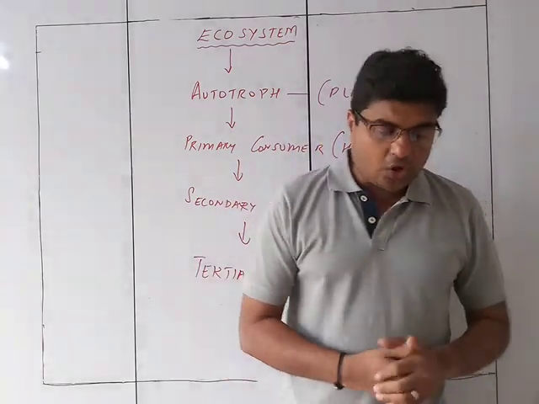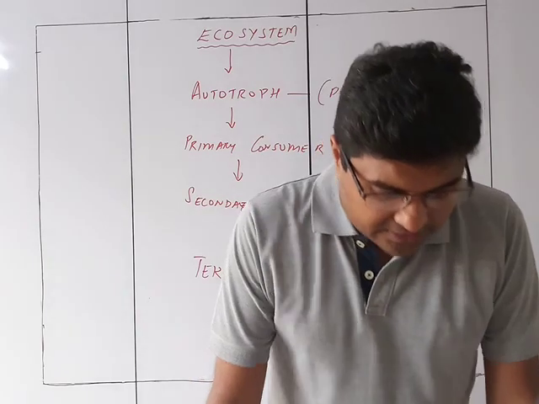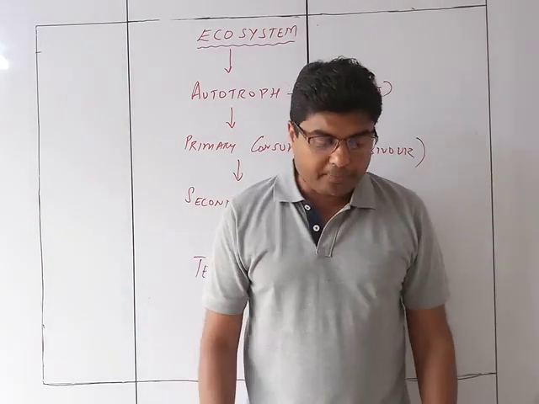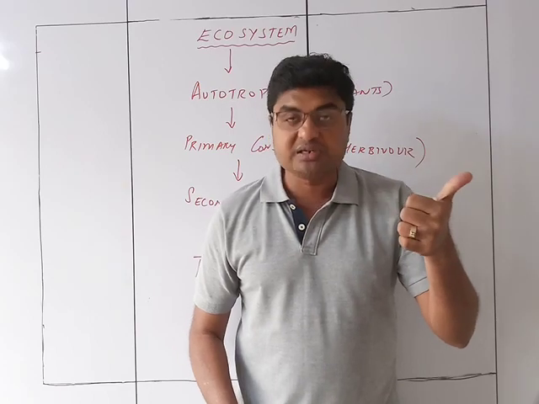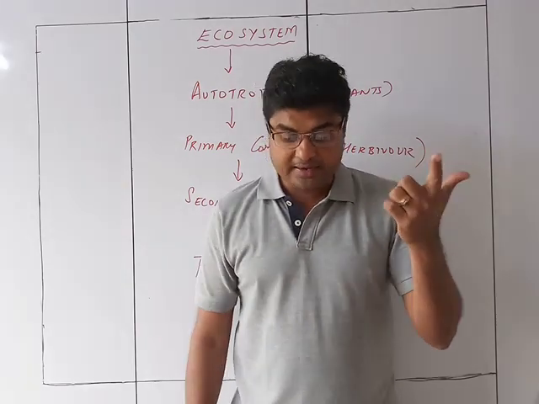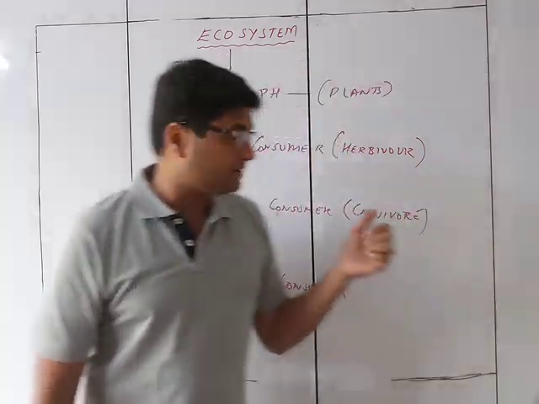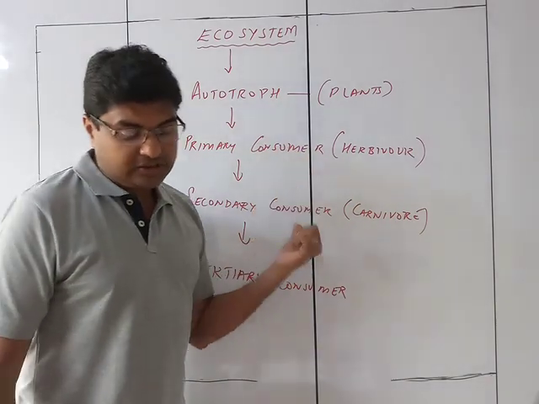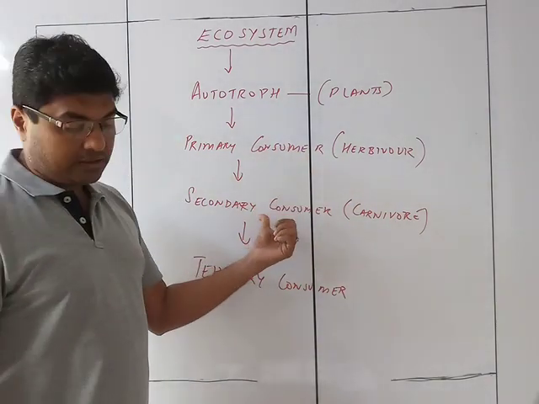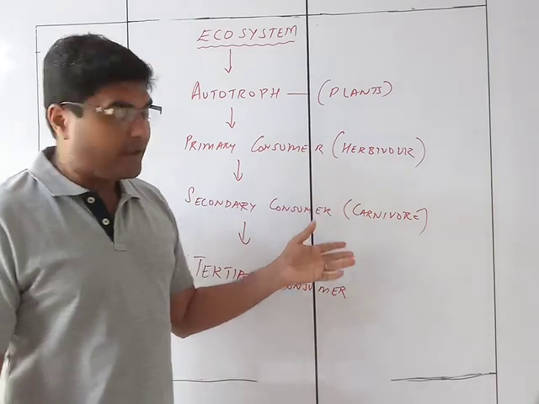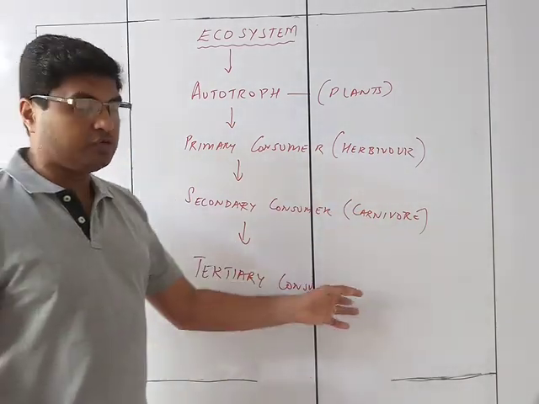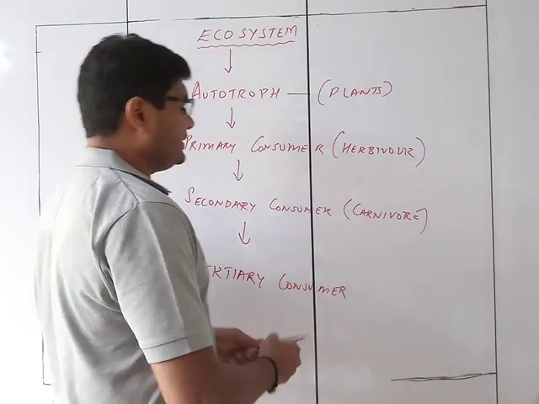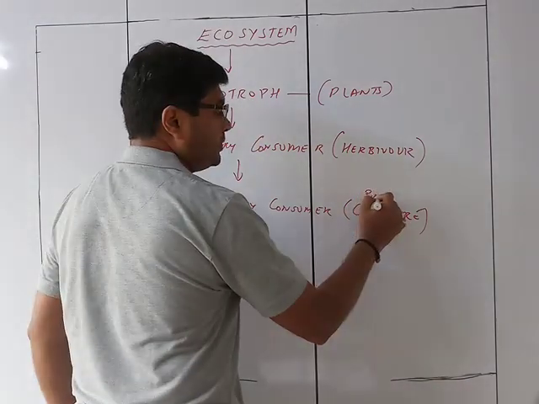Thus, in a forest or in any other ecosystem, the chain of types of food obtainers will be as follows. The first will be the producers, that is the green plants. Second is primary consumers, that is the herbivores. Over here, the secondary consumers, which may be a primary carnivore, and then the tertiary consumer, which will be a secondary carnivore. So we can consider here a primary one,